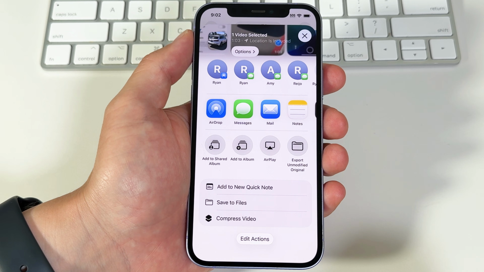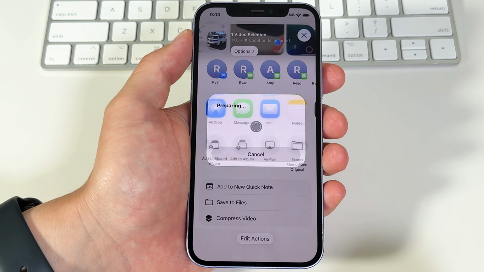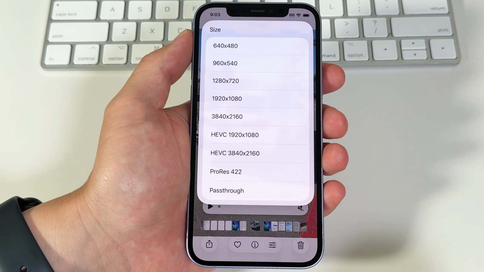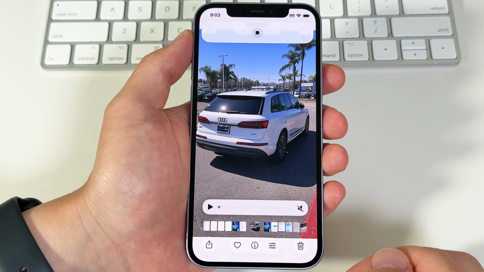This part might take a while depending on how big and long your video is, and also depending how much processing power your phone has. Just sit tight and let it finish. Now I can pick the size, since I set it to ask me every time. This is a high-resolution 4K video, so I'm going to go with something small. I've noticed if the original video is sharp and good quality, even the smallest options here will look pretty good